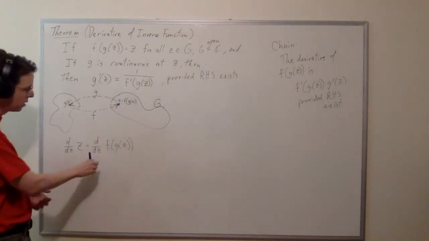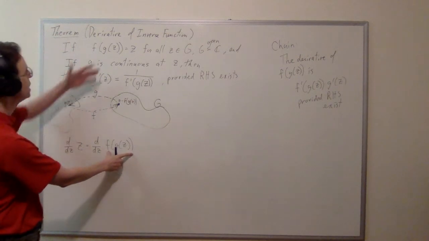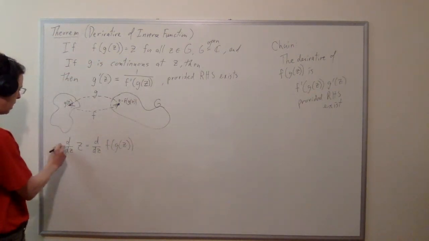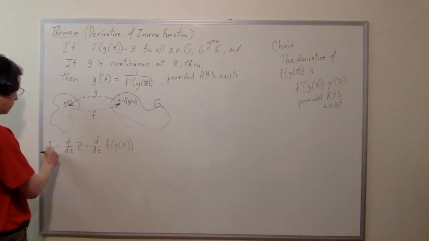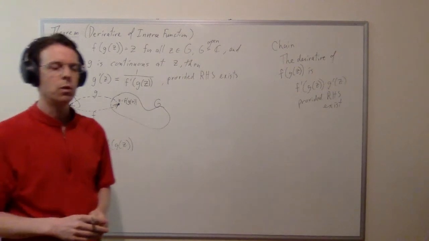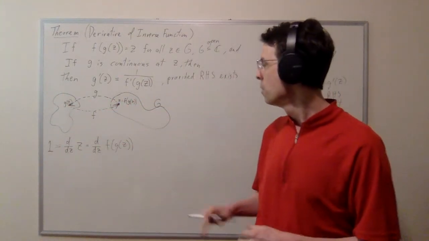And I have no worries that the derivative of f of g of z doesn't exist, for example, because f of g of z is the function z, and it is, so these are the same thing, and they both will give us 1, right? So I know up front that f of g of z is differentiable. Now, it doesn't help me get the derivative of g, not exactly, not immediately, but I know up front that